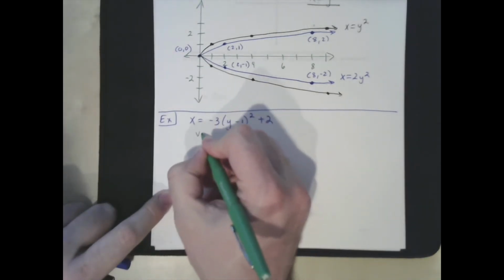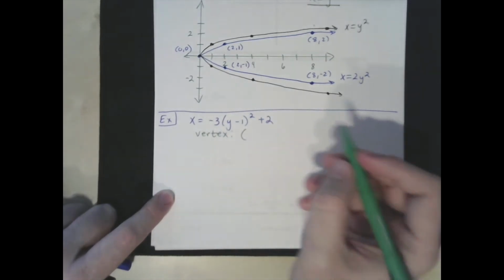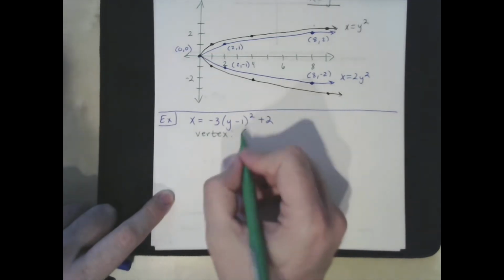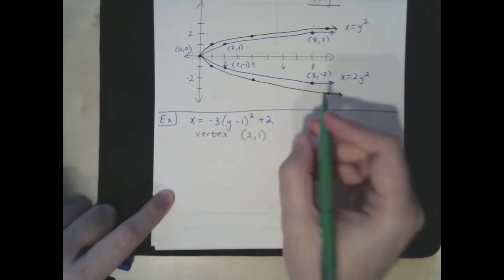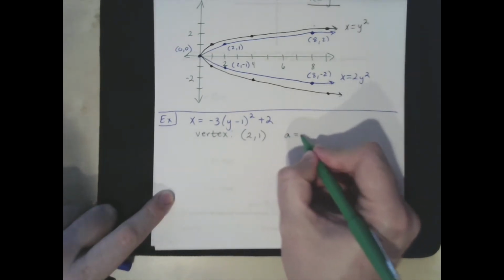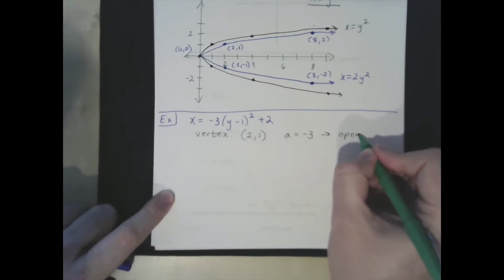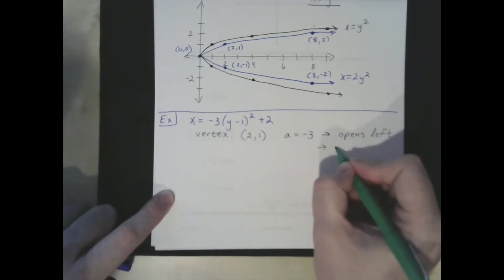So our vertex, first and foremost, this is going to be at h, which is on the outside, comma k. So that's 2, comma 1. And our a value is negative 3. So it opens to the left. And it's going to be narrower